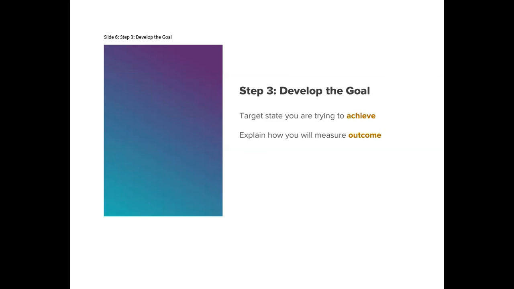develop the goal and/or the target state. We have already discussed the background of the product, and then we will search for the current condition, and then we will think about the target state. This should be the outcome you are trying to achieve for the business. Outcome, not output, and how you will measure success. Being a business person, we have to be concerned about success on the basis of outcome, not on the basis of